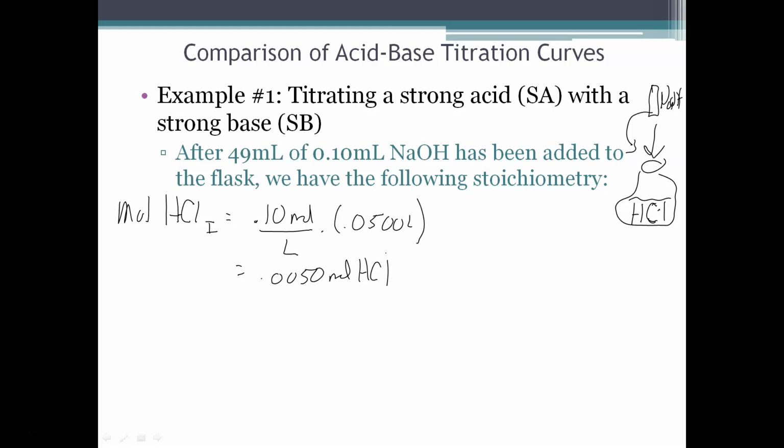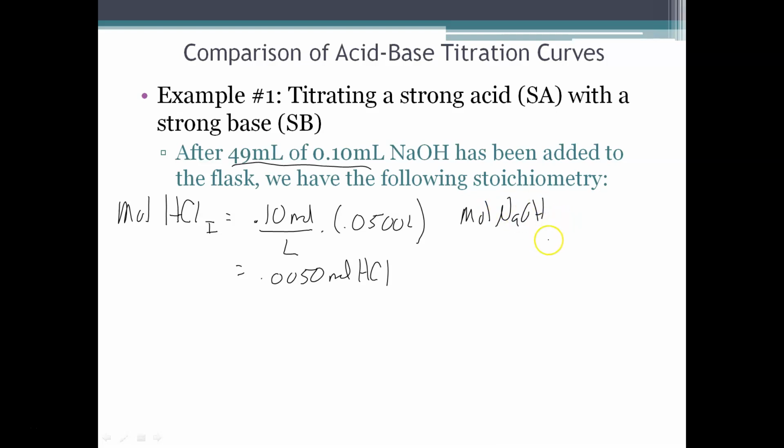Now let's look at the number of moles of NaOH I added to it. So I added 49 mils of 0.10 molar. So this is going to be the moles of NaOH that I added. I had a 0.10 molar solution, 0.10 moles per liter, times 0.0490. That's how many liters I added. 49 milliliters is 0.0490 liters. So I added, I mean, this isn't really hard math here, I added